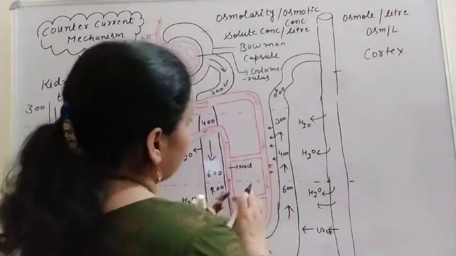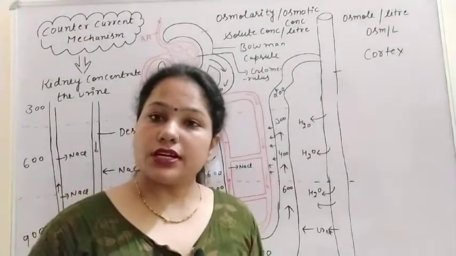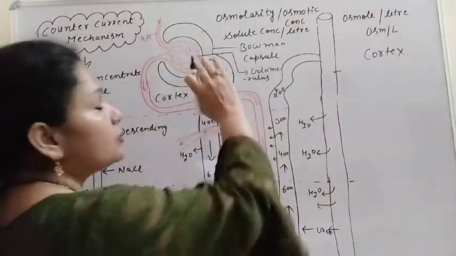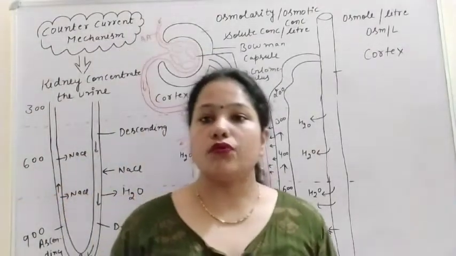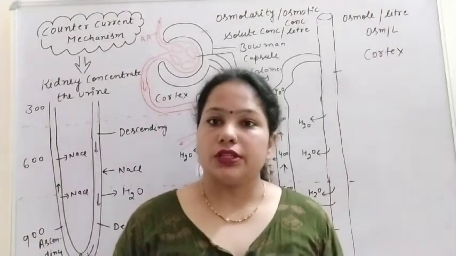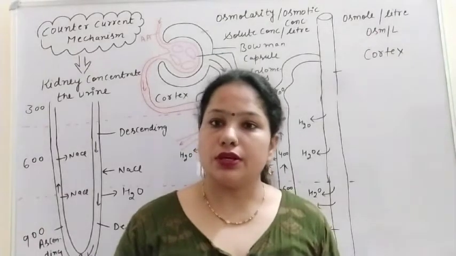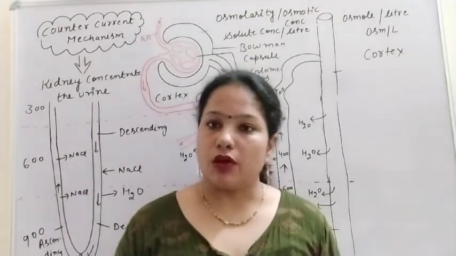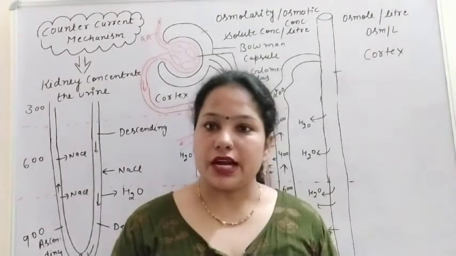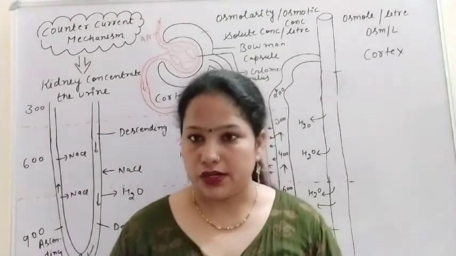and the same type of mechanism is taking place in vasa recta. So firstly understand what is vasa recta. The vasa recta is the extended part of efferent arteriole. What is efferent arteriole? The efferent arteriole is a capillary which is coming from the glomerulus after filtration, because firstly the main artery that is taking the blood in the kidney,